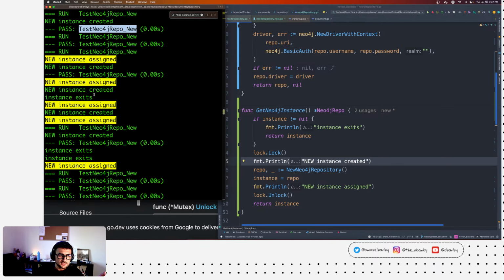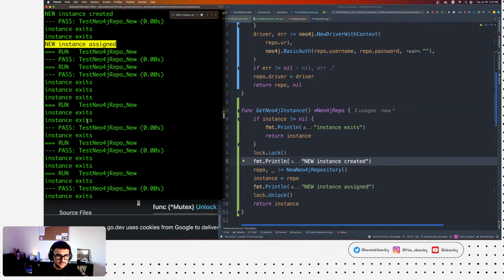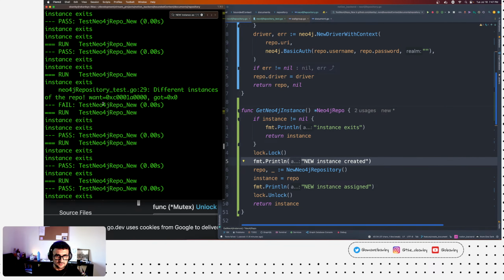So the new instance assigned, created, instance exists, assigned, created. It's almost like the assigned always prints before the created.